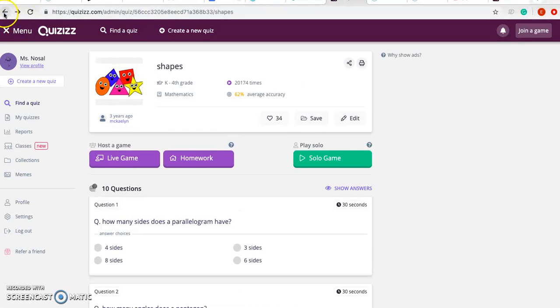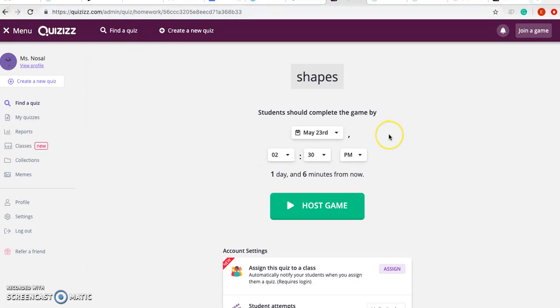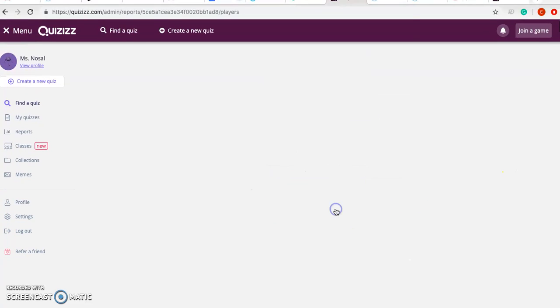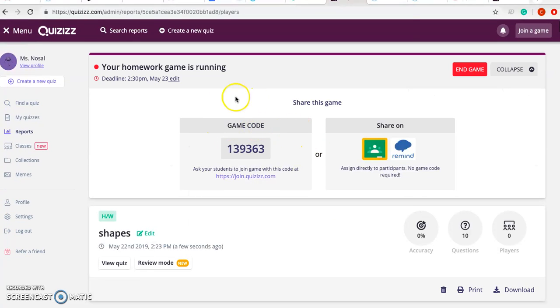The other option that you have is homework. So this is a great way for you to be able to let the students use technology at home. So if they're able to bring home their devices, or if you know that each and every one of your students has access to a device and internet at home, you can assign this as homework. So you can click the day that you want it to be completed, the time you want it to be done, and then when you host the game, it will give you a code that you can email to your students, so then they can just log in with that code and complete their homework,